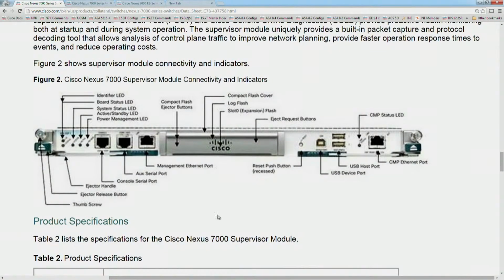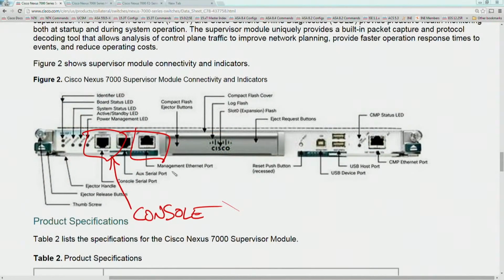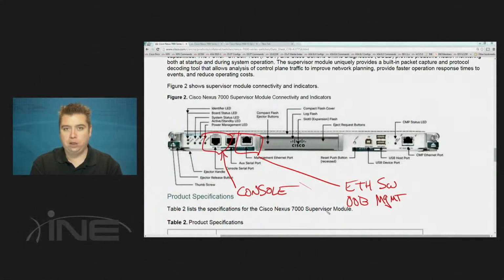It's still kind of low res, but what this is showing here is that there is the console port. This is what would go directly to your serial port or your access server if you have a terminal server that you're using for remote management. That's going to be for out-of-band serial management of the box. But then in addition to this, we have the management Ethernet port. This is going to go to a regular Ethernet switch that's going to be used for our out-of-band management when we go to either Telnet or to SSH, or we go to run SNMP, we go to run syslog to